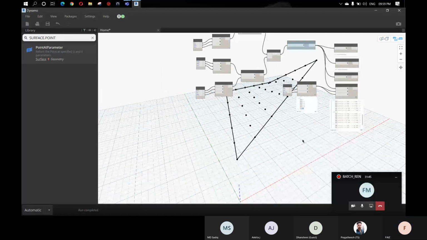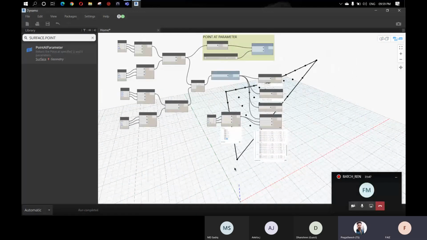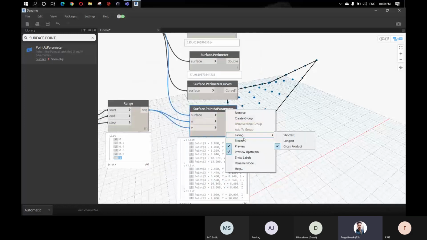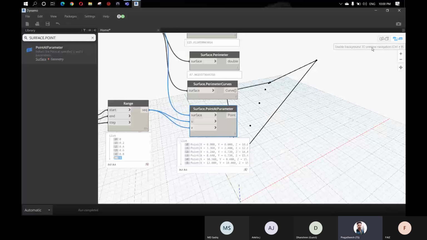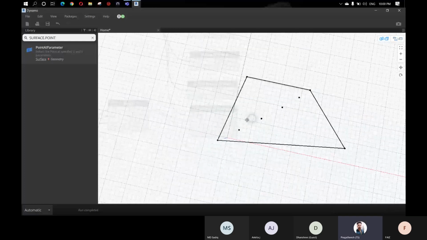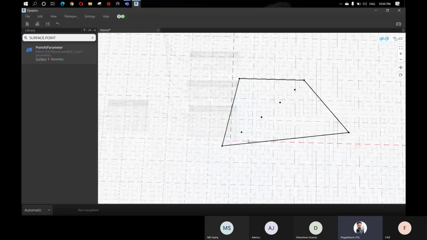Once again. Okay. So as I said, cross product lacing means it just pairs each item in a list with all the items. Previously it was on the shortest, right? So let me keep it like this. You know this red line represents X and this green line represents Y, but we are using U and V. So you know what U, V and W are, right?